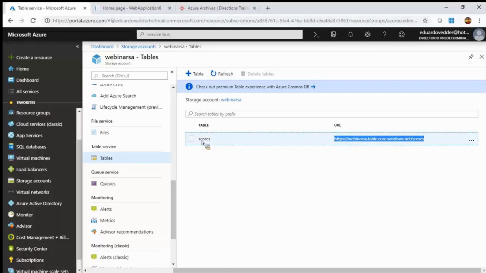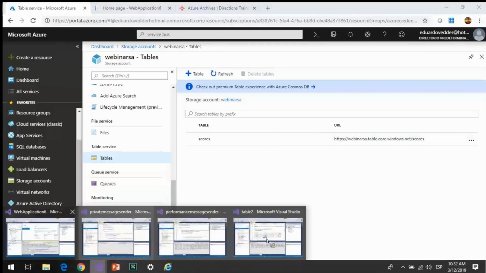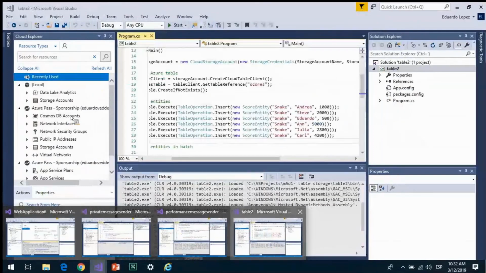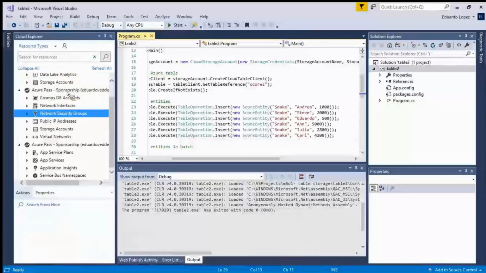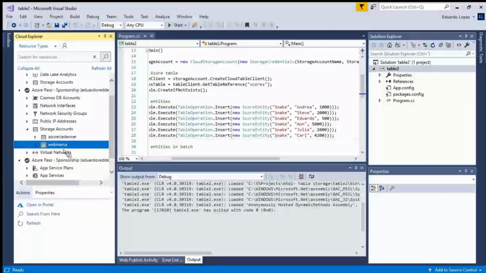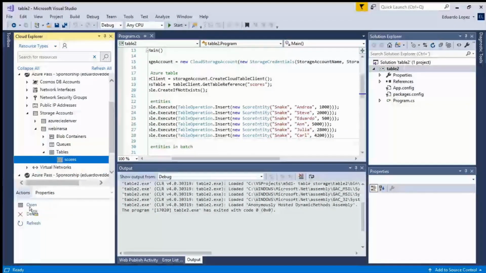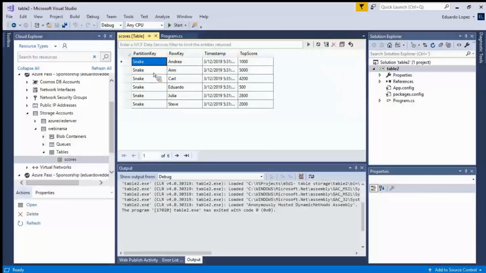per storage service, and inside this I should be able to see the entities, but I can't use the Azure portal to do that. But I can use the same Visual Studio, because remember that there is some integration. I can just try to get the access of my storage account. In this case, I can expand my webinar SA, and I can expand the table service, and I can see the scores table. So I can click on open, and I should be able to see the entities that we insert using that